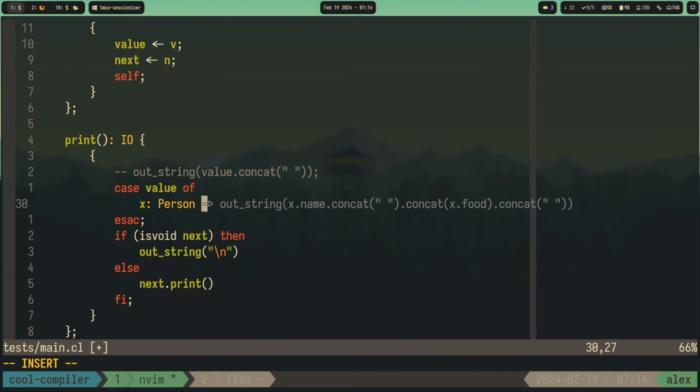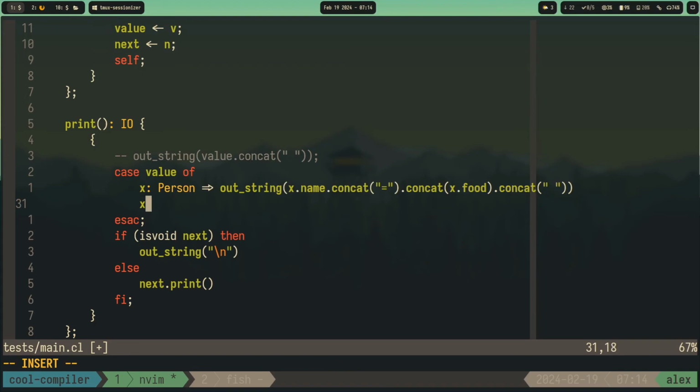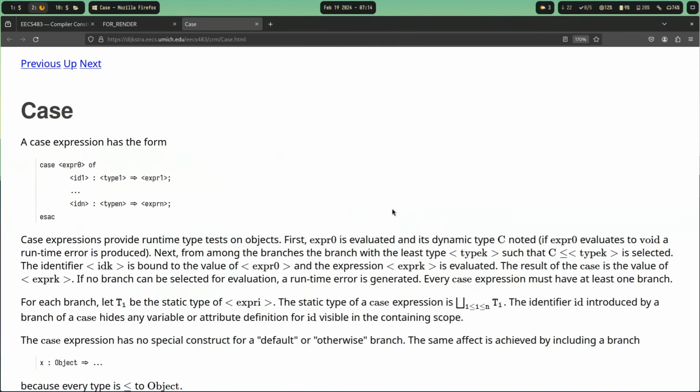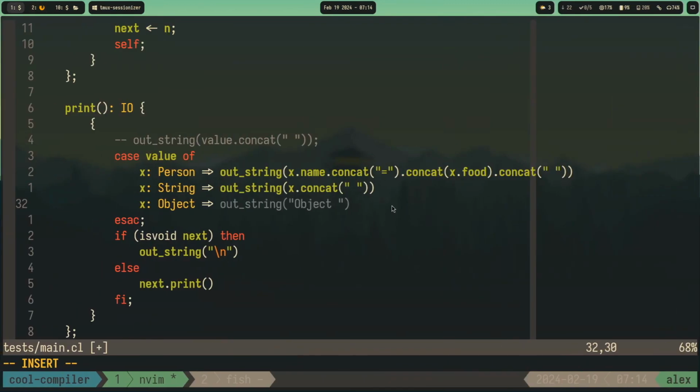If x is person, then we have to print, let's put an equal or something. If x is string, then we just print a string, and if x is object, if it's any other object, then we can do something like abort, and then,